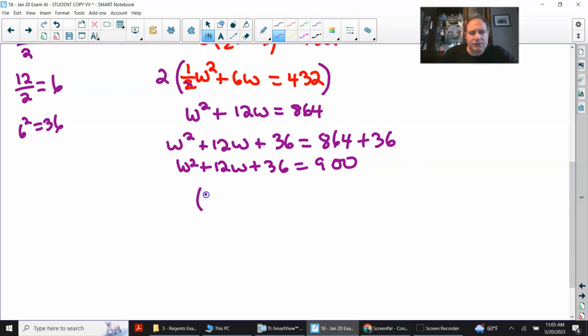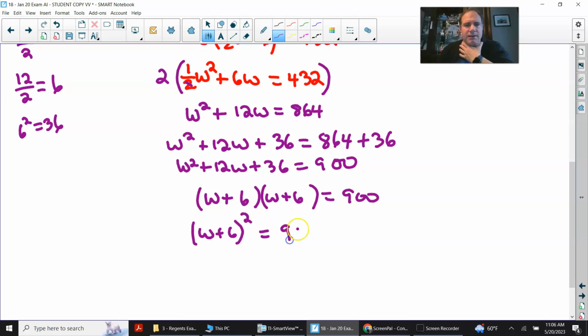So what I did was make that trinomial, when I factor it, the product of two binomials that is a perfect square. So 6 times 6 is 36, and it still equals 900. When I rewrite it, it's W plus 6 squared, because it's the same thing twice, equals 900. The opposite of squared is square root, so I'm going to square root both sides. This cancels with this, and this is W plus 6 equals